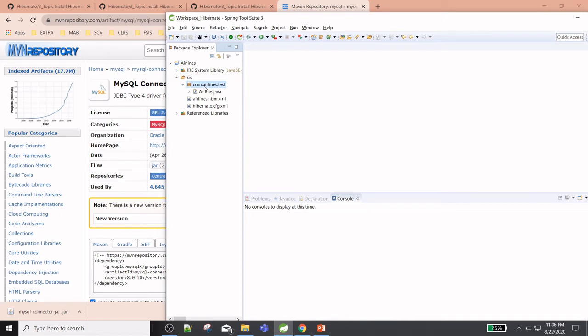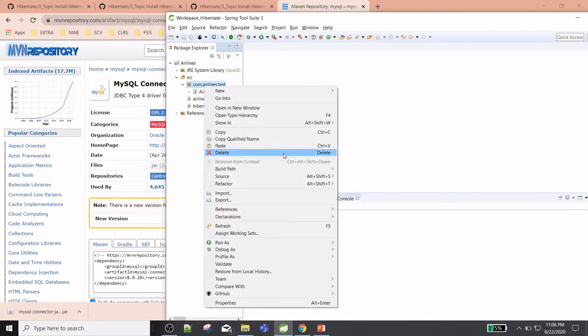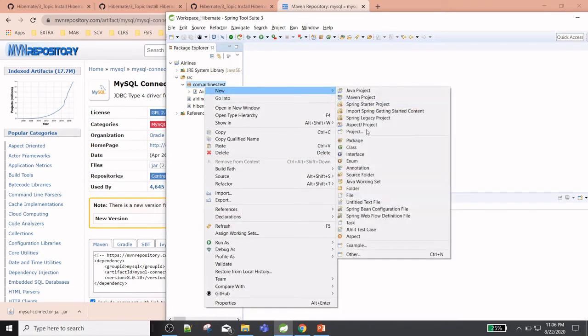And we need to perform the CRUD operation, so we require one main method. We need to create one more class. By this you can create, like in Hibernate, we are saving just an object into the database, meaning inserting. Just create one more class.